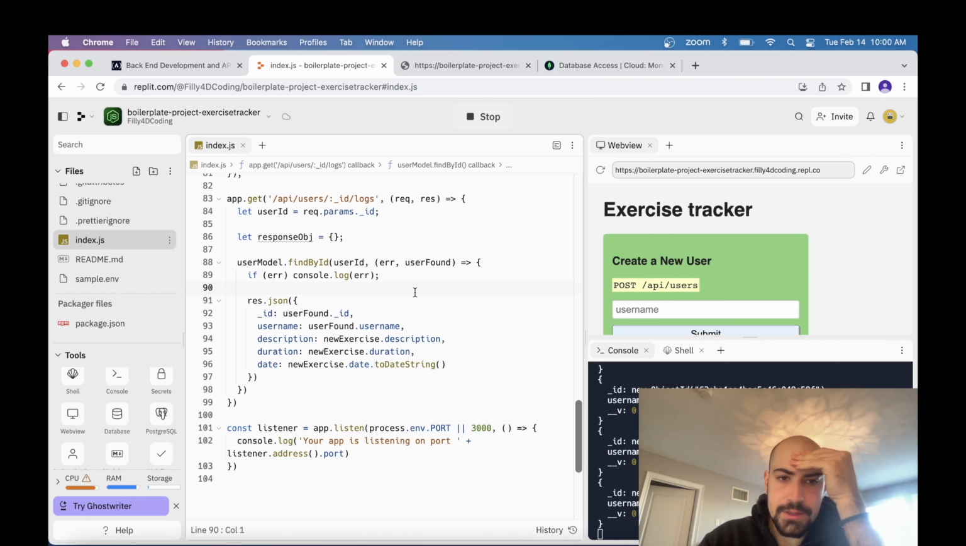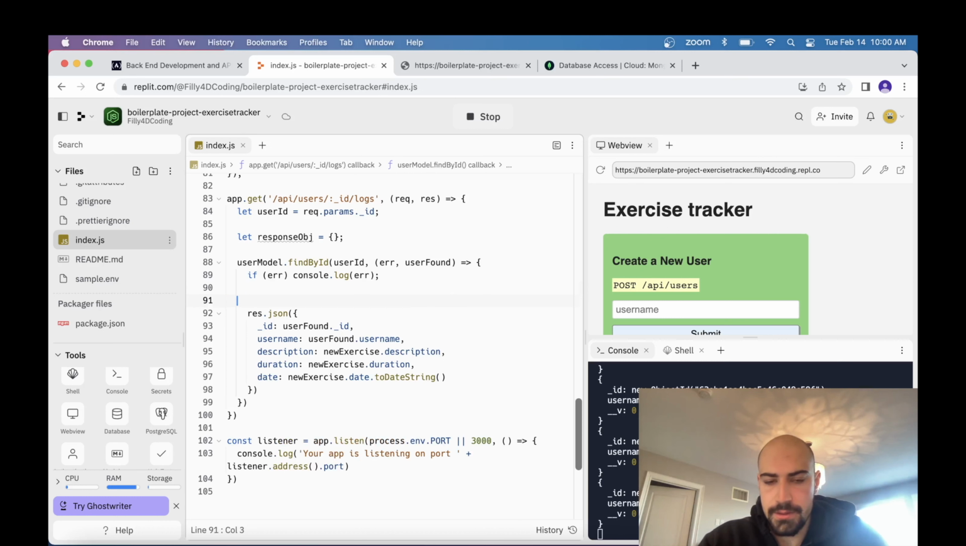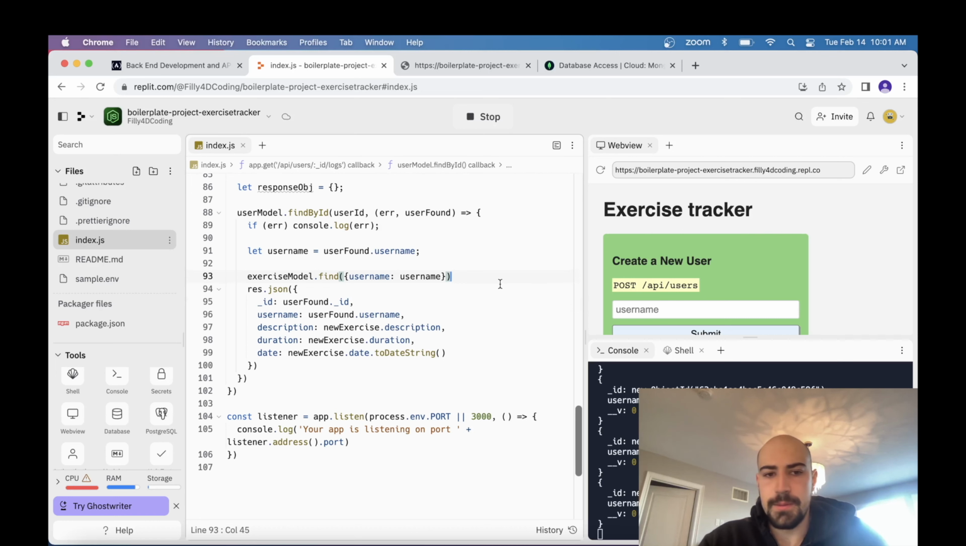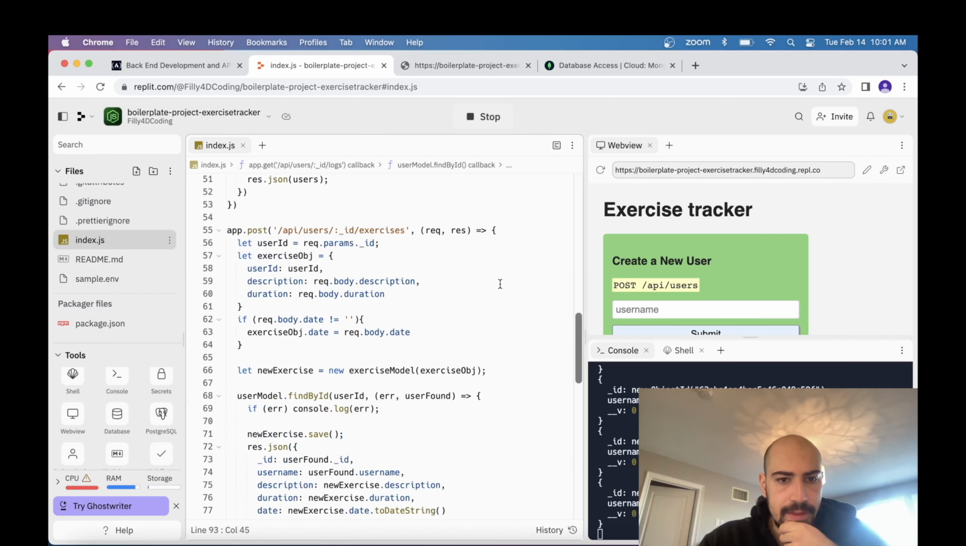Okay, then we also need to find all of their exercises. Okay, by the username, right? Okay, then exercise model dot find. We want to find all the exercises with this username. And then